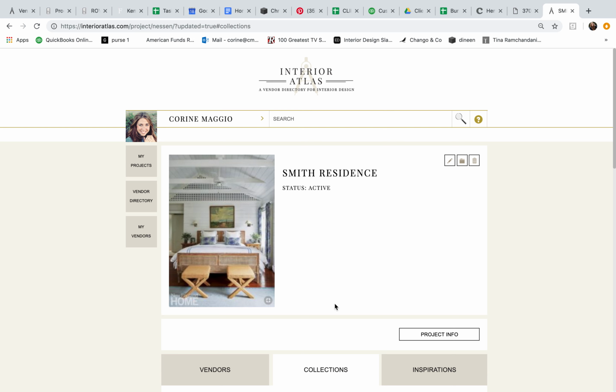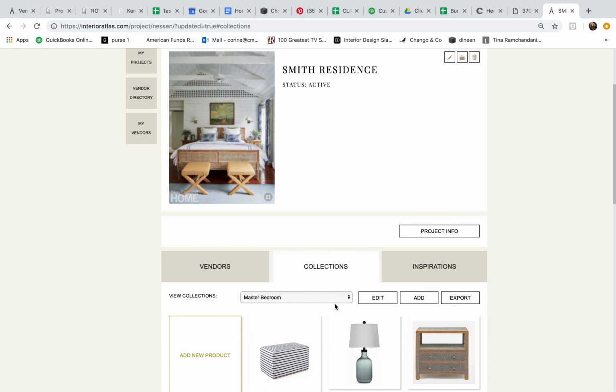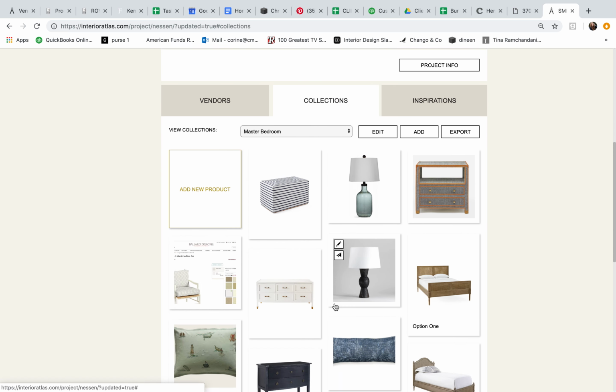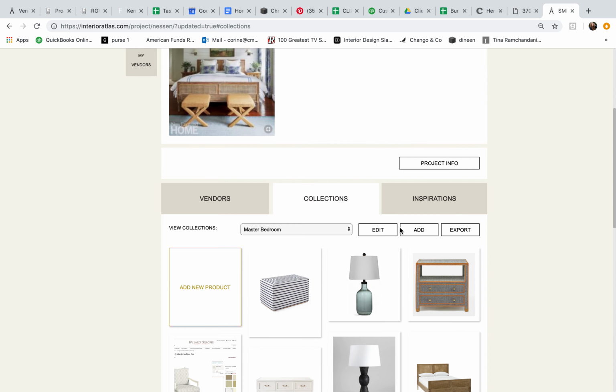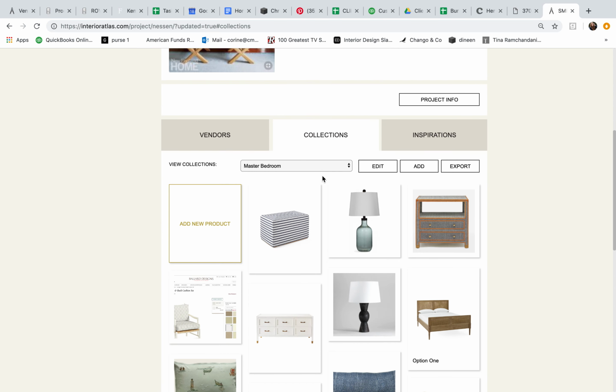One of the newest features on Interior Atlas is the exporting of collections. If you don't know how to use the collections, please go and see that video first. So once you have added items to a collection, in this case we are in the Smith residence project, in